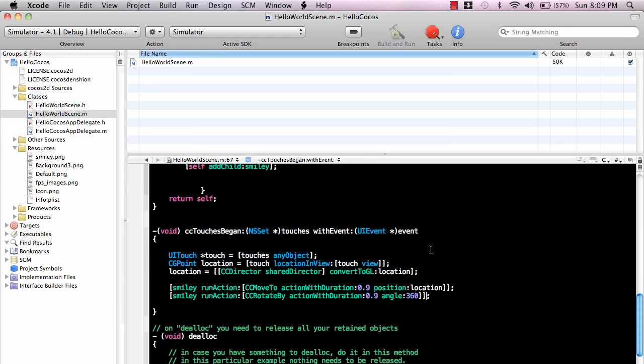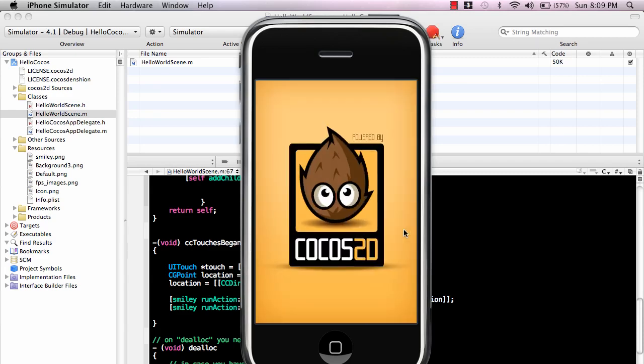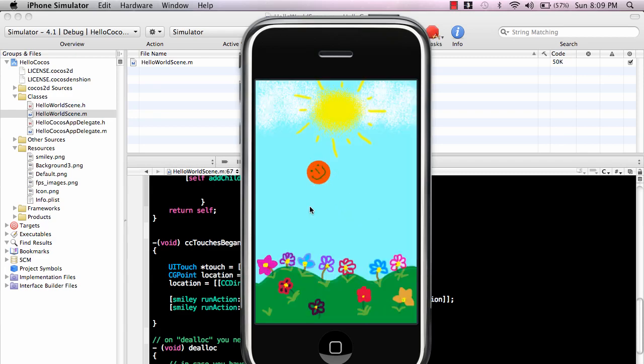One is the move action and the other one is a rotation action, and both are firing at the same time, and the smiley is moving as well as rotating on the screen. Now there are times when you are game programming, there will be requirements, that you will have to know when the action is actually finished, and then when the action is finished